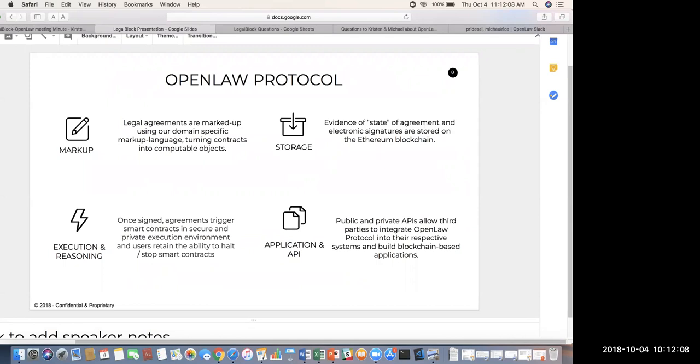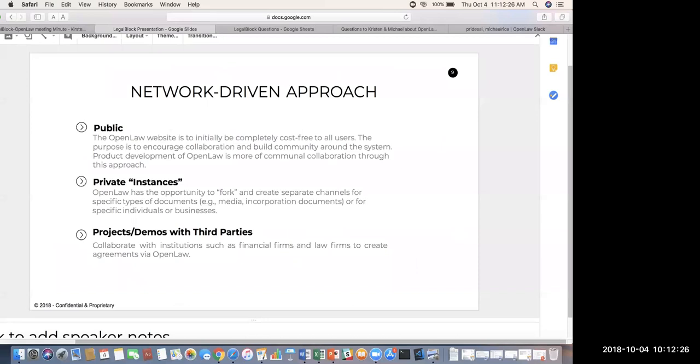Evidence of state of those agreements and electronic signatures are cryptographically hashed on the Ethereum blockchain. And really, the goal is to integrate outside oracles, and we just put out our API last week.